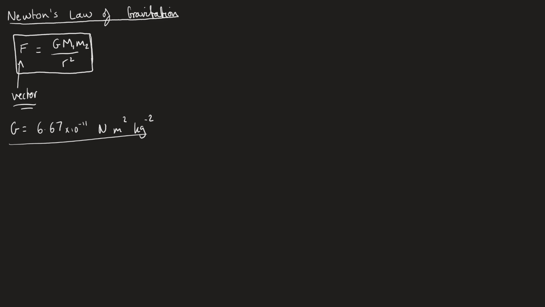Sometimes in a question they will ask you to state what is meant by Newton's law of gravitation, or define Newton's law of gravitation, or things like this. So we need to also be able to explain this in terms of words. Now when we write this out as sort of like a sentence or a paragraph, whenever we convert equations into words, we always just want to talk about the proportionalities in that equation. In this equation, it shows us, since G is a constant, that the force is proportional, or let's be more specific, is directly proportional